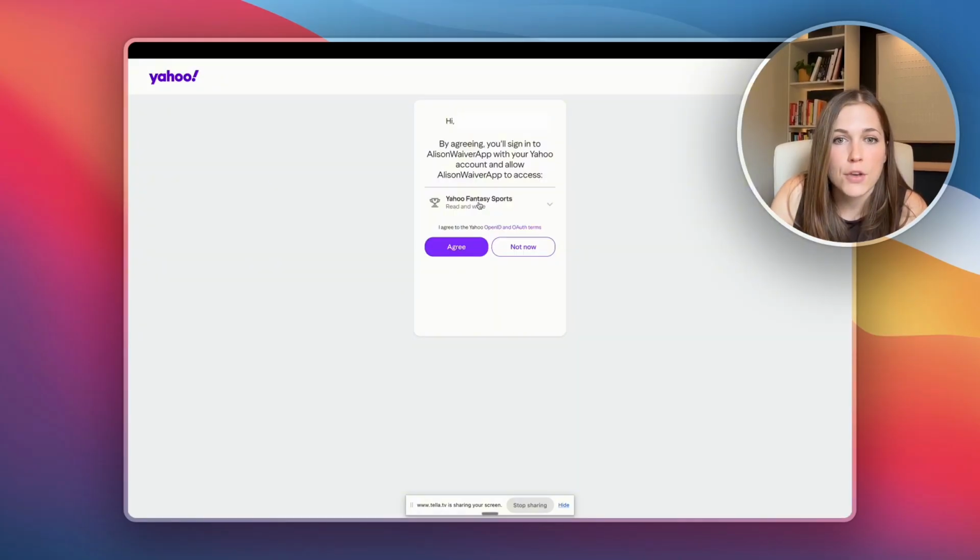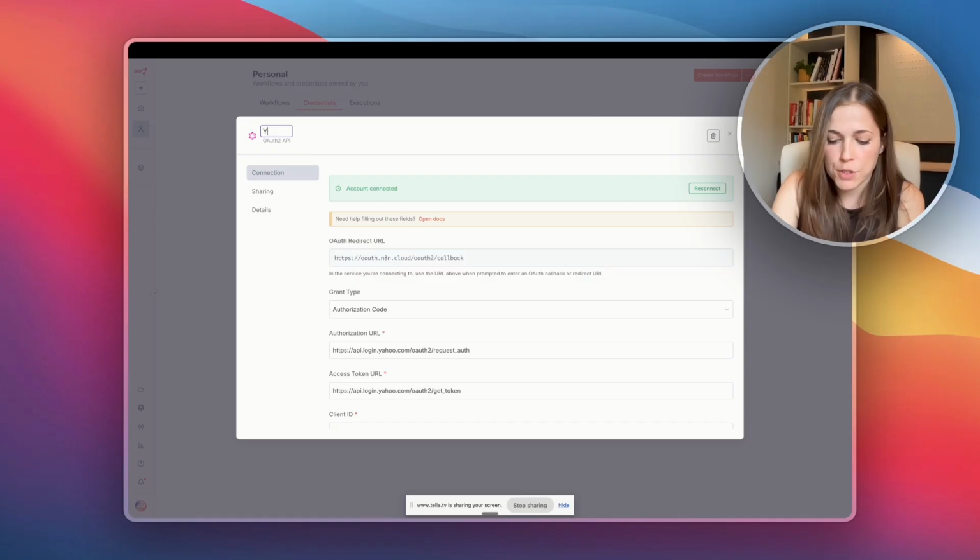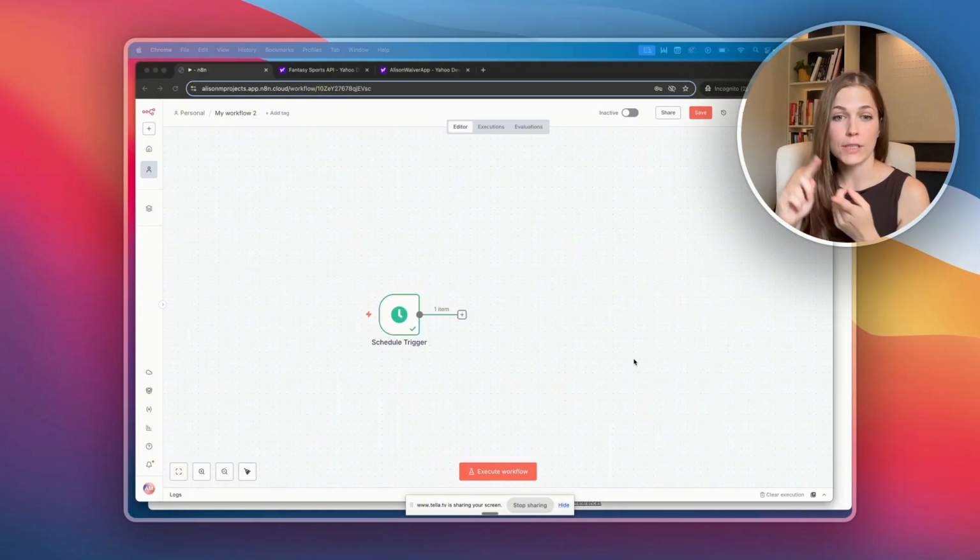I have a new screen that is allowing me to agree to give this credential access, and my connection is now successful. And before I get too much further, I'm just going to name this Yahoo Fantasy Key so that I can find it later. Save. Next, we're going to figure out what our league identifier is and our team identifier is by making a